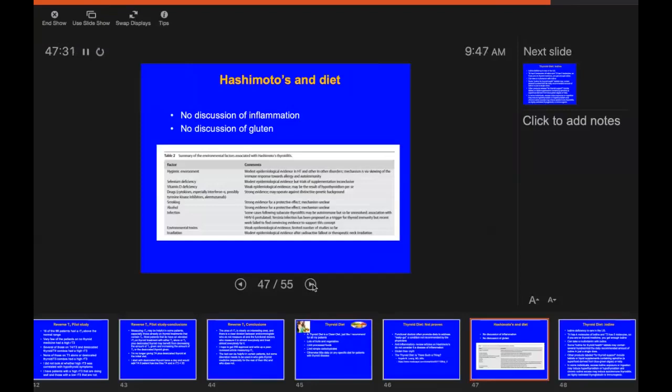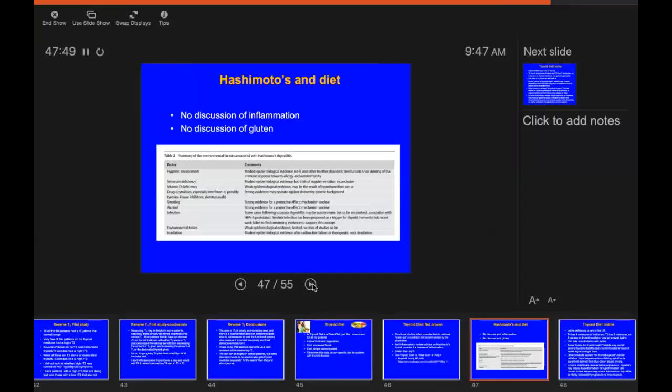Interestingly enough, smoking and alcohol have a protective effect. So people who smoke have lower rates of Hashimoto's. People who use alcohol have lower rates of Hashimoto's. So I don't recommend people going out and smoking and drinking. That's what the data shows. So this article is very good at listing different causes, including those, but nothing